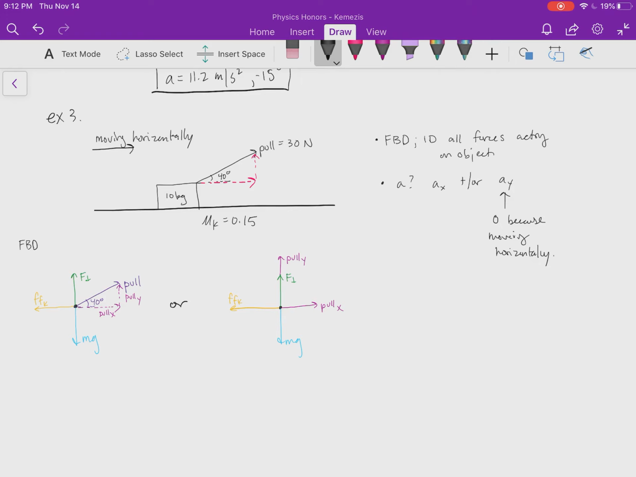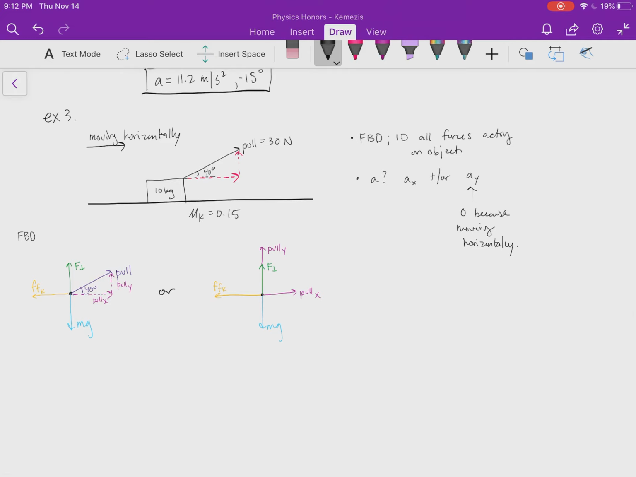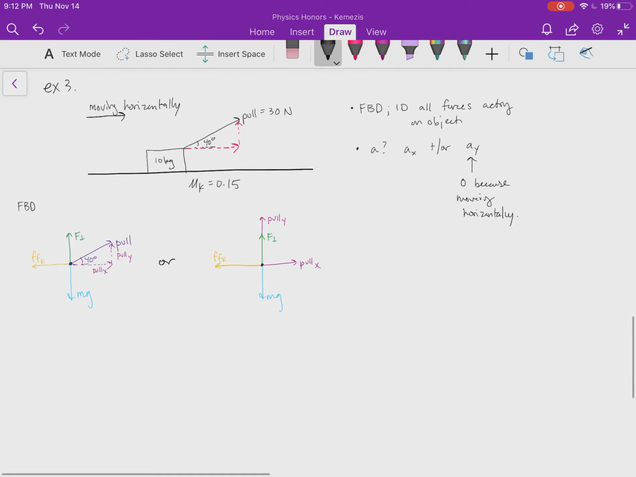But there is some component of the pole that is going in the y direction and some component of the pole that is going in the x direction. And the reason why we want to do this, right, we want to identify all of these forces, but in the end, we want to know what the acceleration is, right? And our acceleration is dependent on the net force. So if we think about our F net in the x direction,